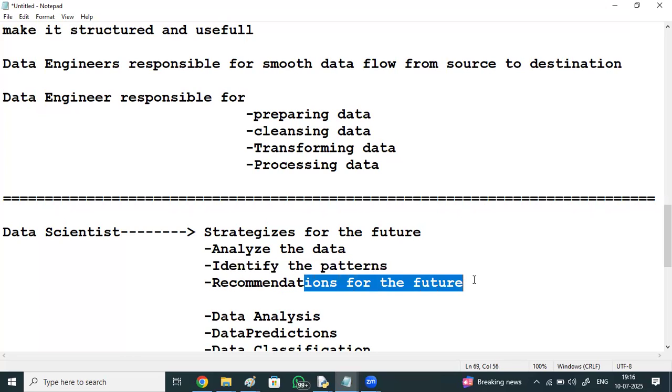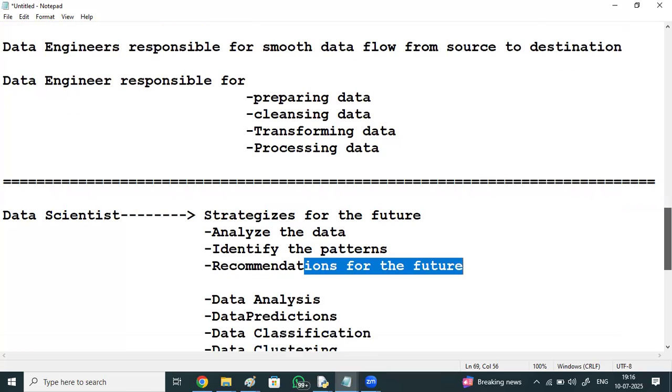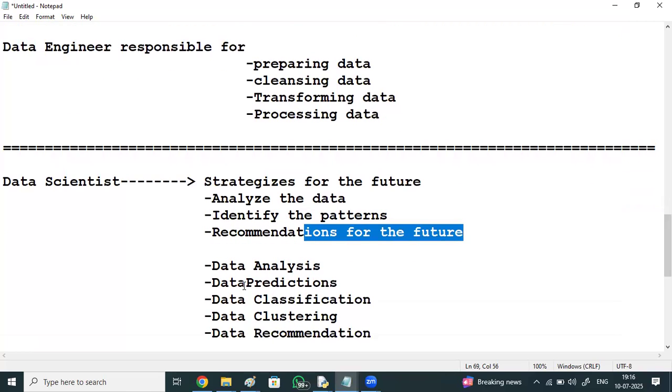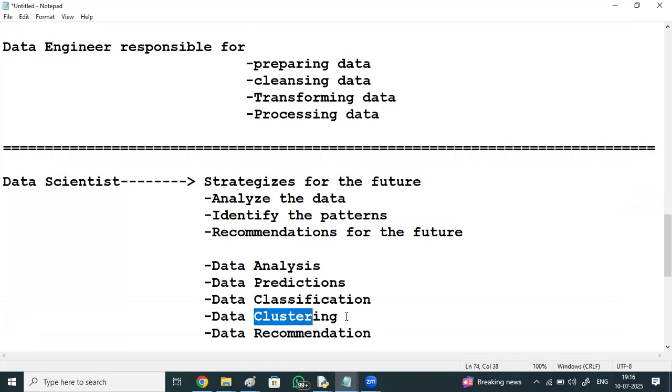Data scientist performs data analysis, data predictions, data classification, data clustering, data recommendation.